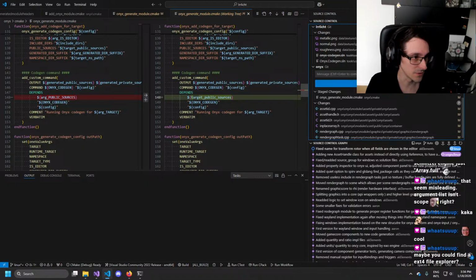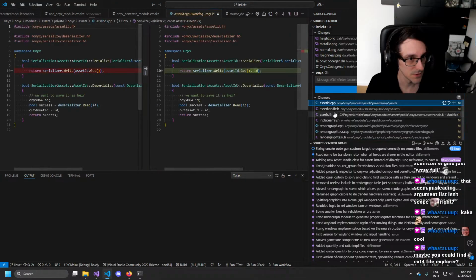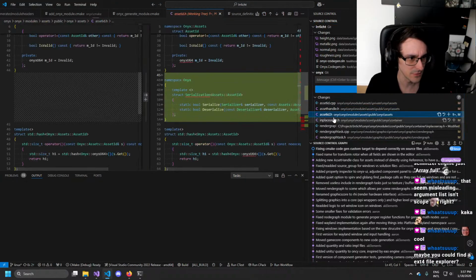So this one is fixing CMake. And this is asset stuff.